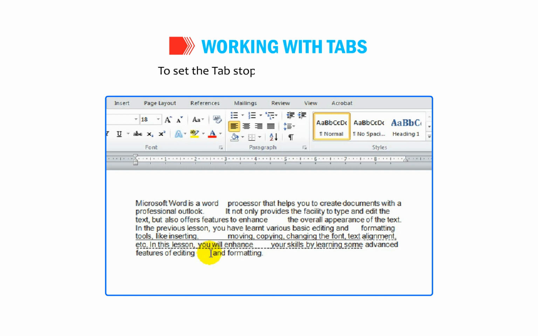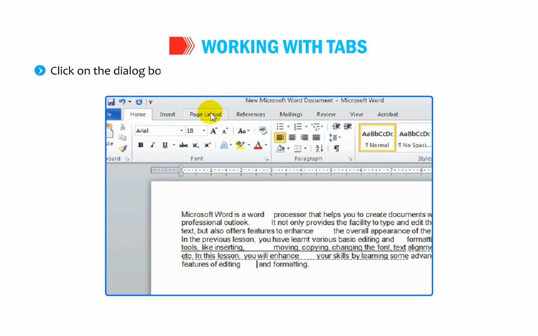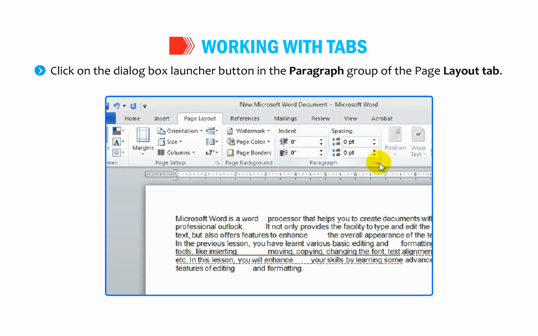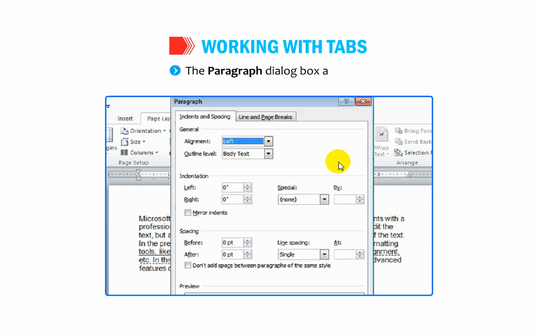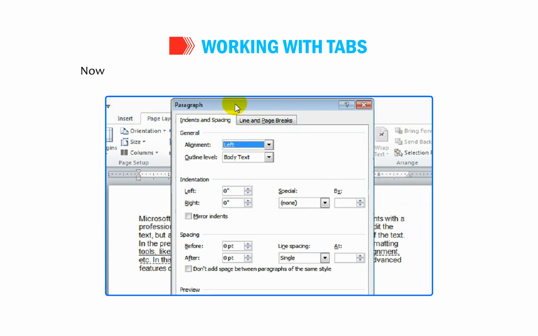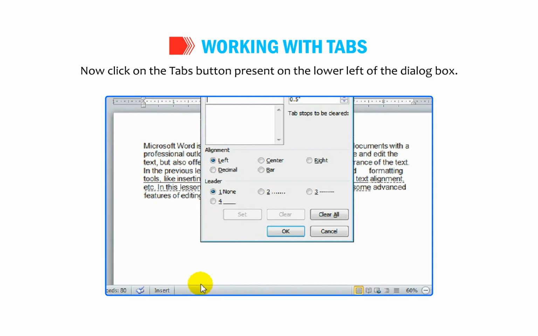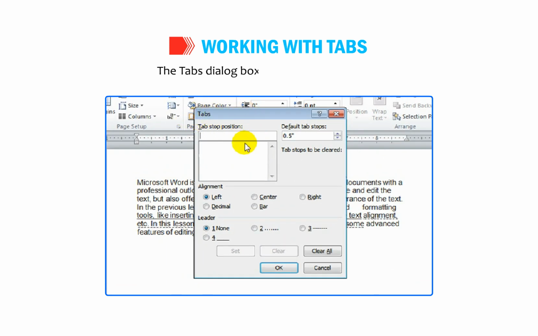To set the tab stop, follow the given steps. Click on the dialog box launcher button in the Paragraph group of the Page Layout tab. The Paragraph dialog box appears. Now, click on the Tabs button present on the lower left of the dialog box. The Tab dialog box appears on the screen.